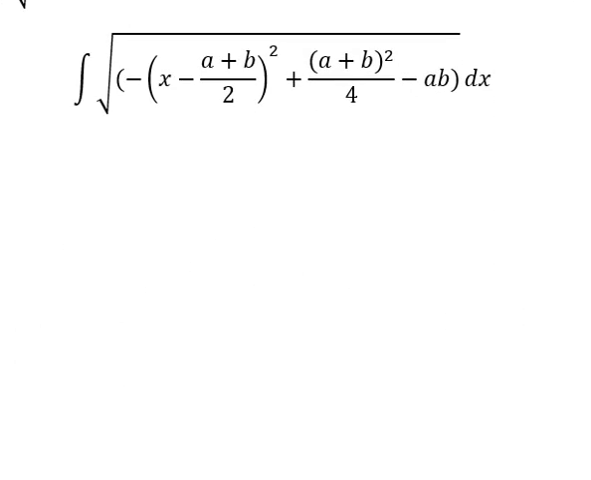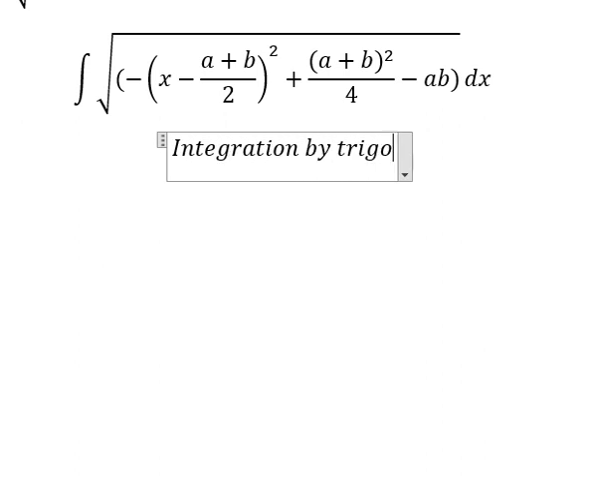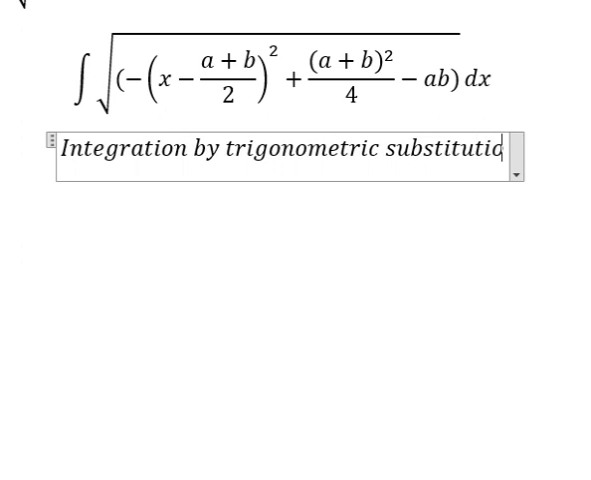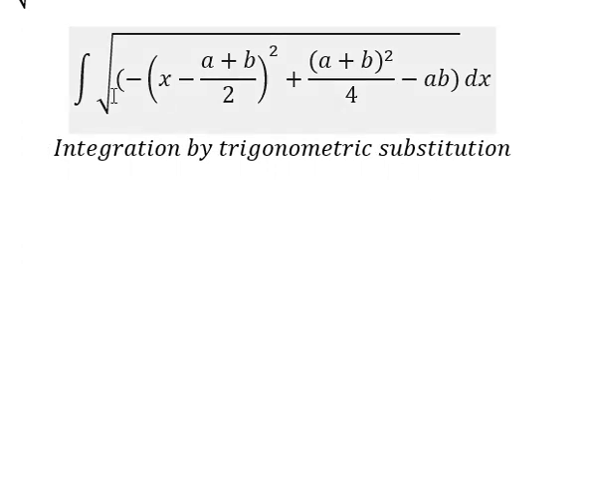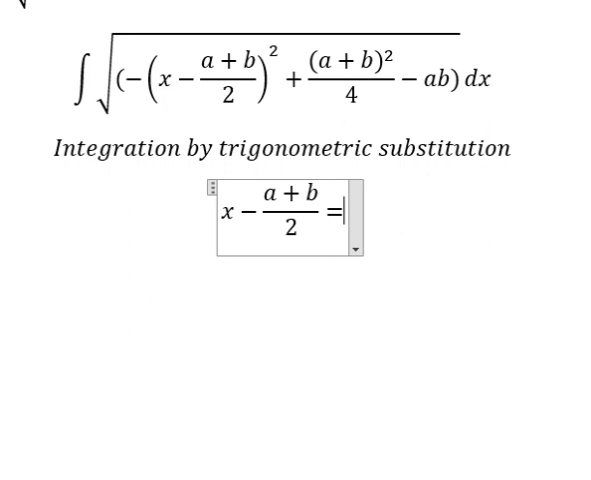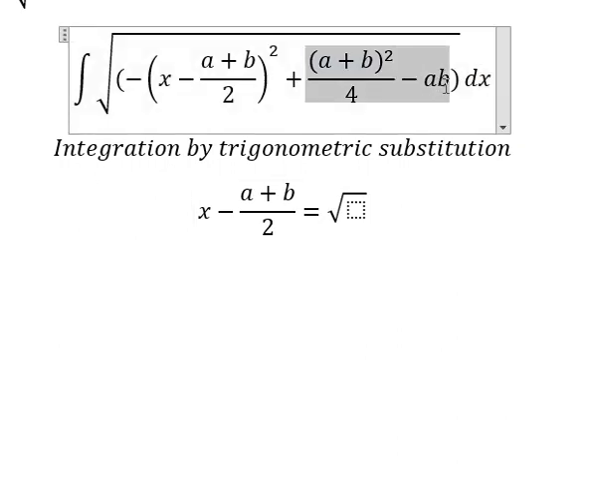So in this situation, we can use integration by trigonometric substitution. I will put this one equal to the square root of this one